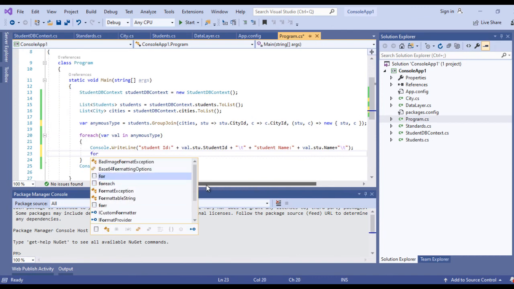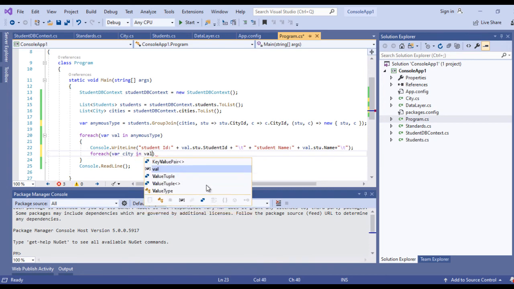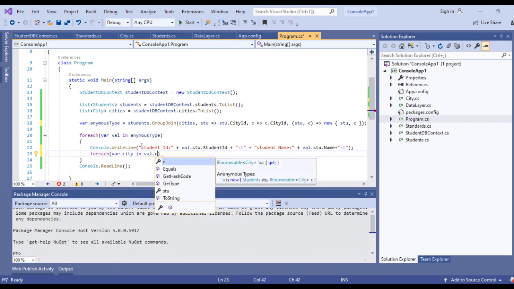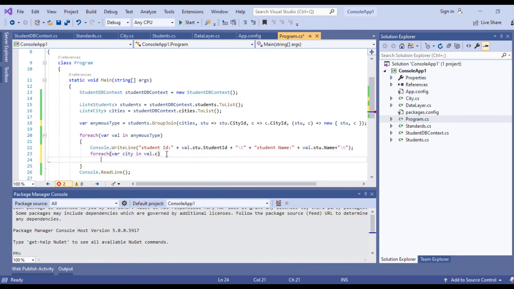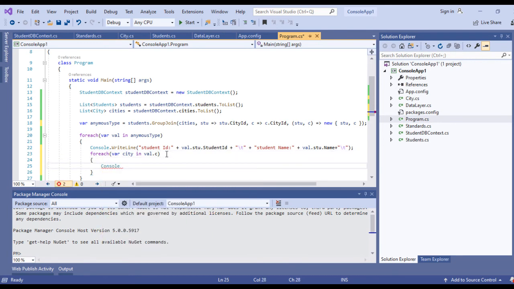And how can we do that? Let's see. So here, foreach city in var.c. Now this c represents city. Now Console.WriteLine. Now we have to use city name.